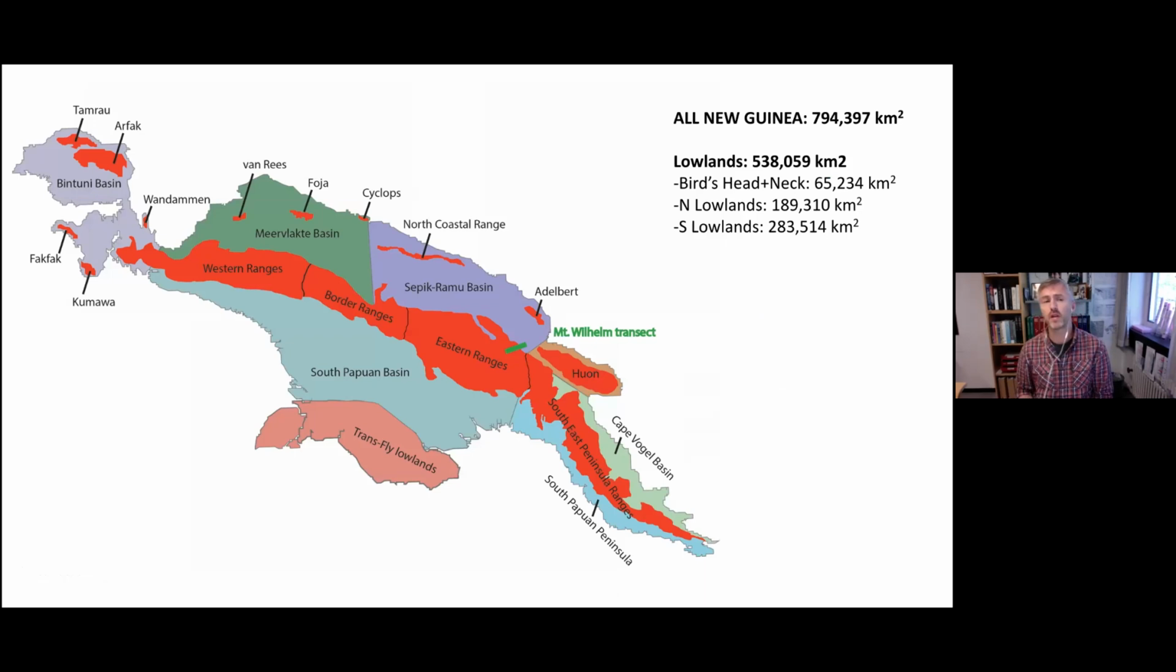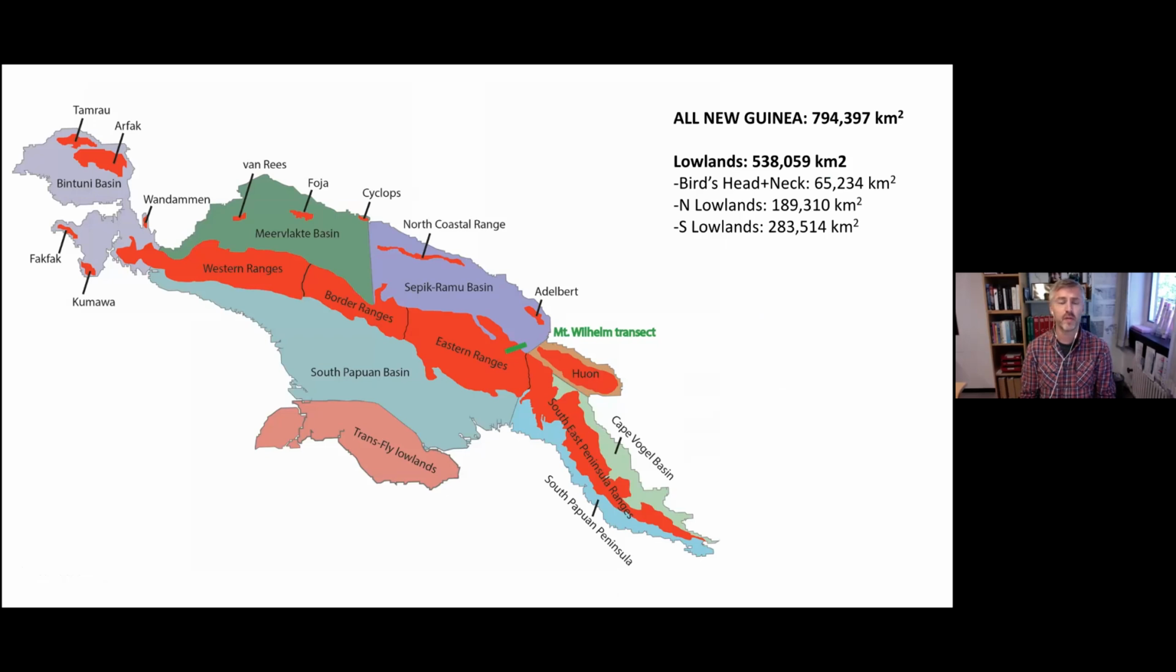So here's a little bit of a breakdown. I like maps a lot, so there'll be a lot of maps today. Here's another depiction of New Guinea. Red is montane areas, and even the lowlands can be broken into some specific lowland basins that formed at different